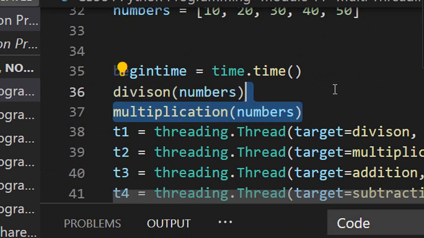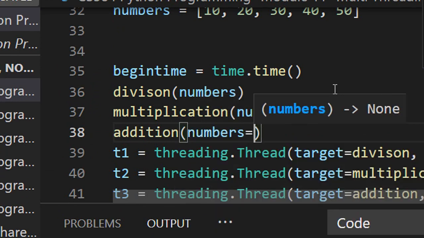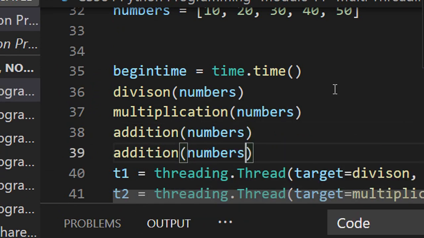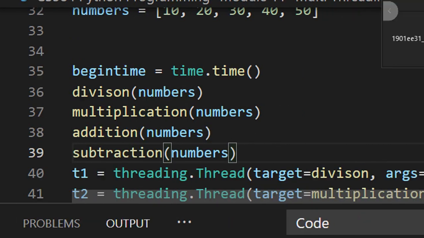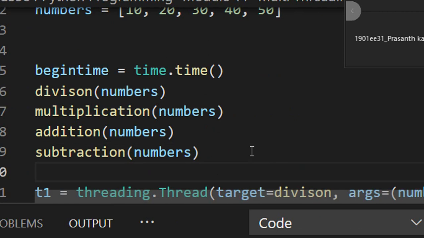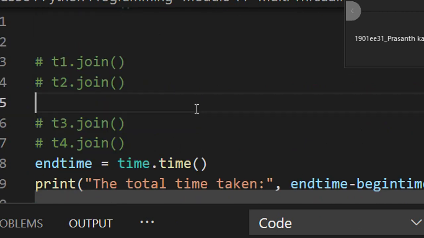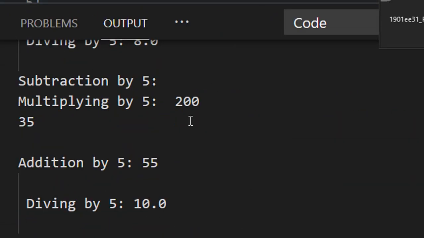If you just want to check here, I hope it's clear to you now. Let me just clear out the threading part. It will take 20 seconds to execute, but the output will be clear.